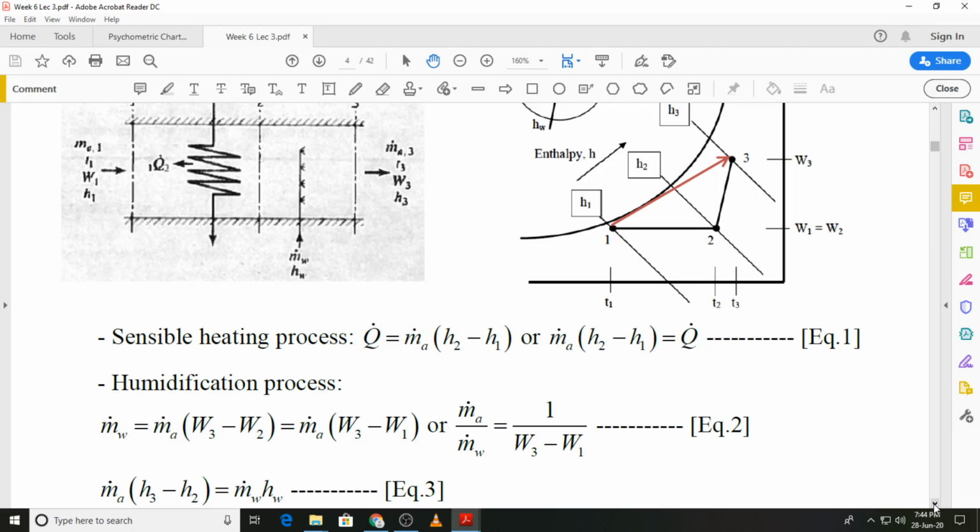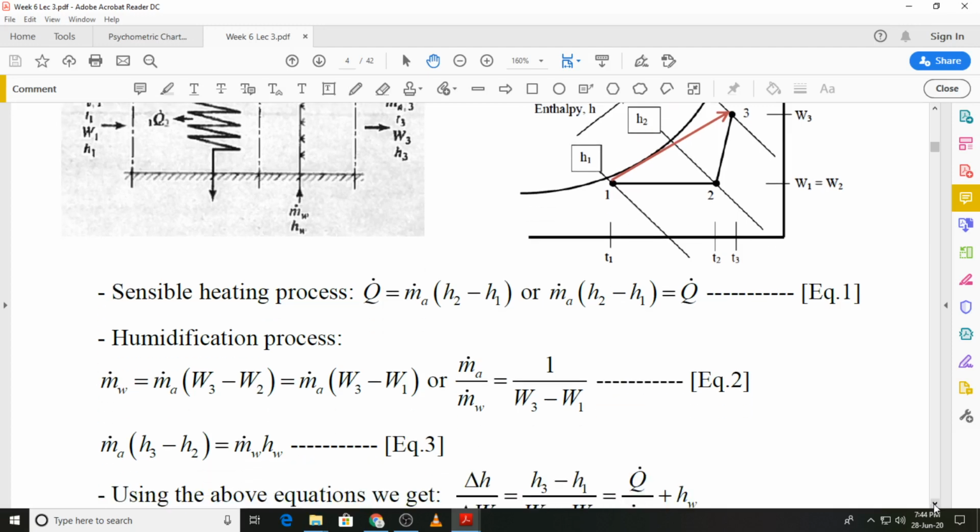The energy balance for process 2 to 3: the energy content at 2 is m dot a h2, to which we add the energy of the injected steam, that is m dot w hw, and we get the resultant energy content at state 3, which is m dot a into h3. That is, m dot a h2 plus m dot w hw is equal to m dot a h3. Again rearranging this we get equation 3 as shown on your slide, and what we can do, we can combine these equations